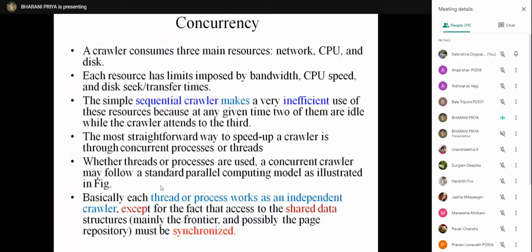Each thread and process works as an independent crawler. But when they are accessing shared data, such as the frontier, that data should be synchronized.